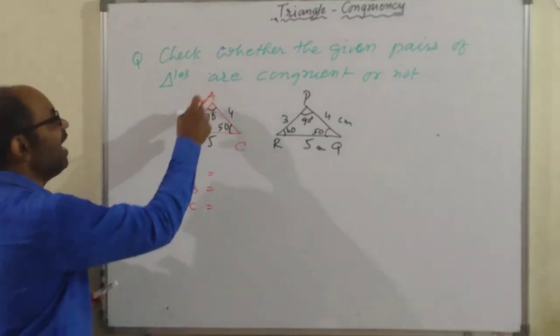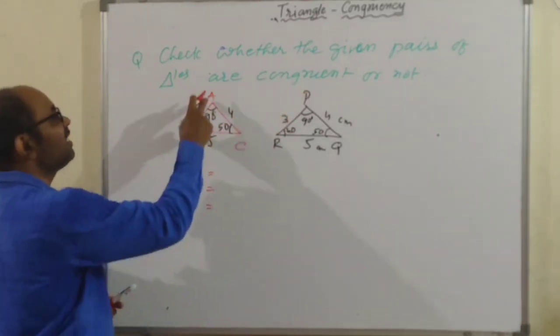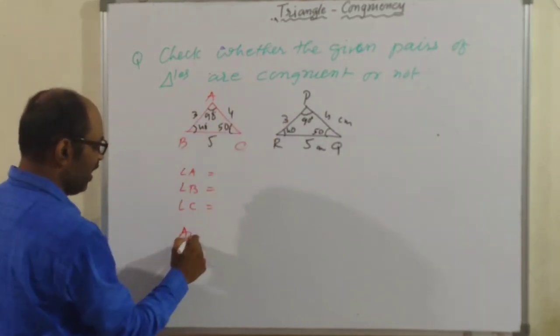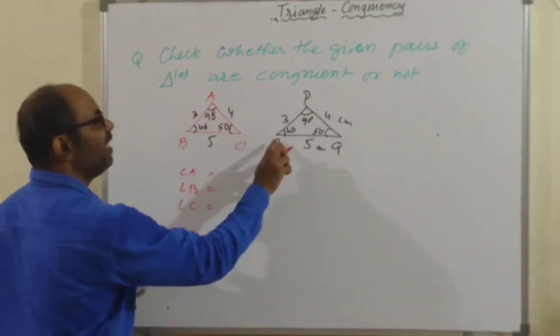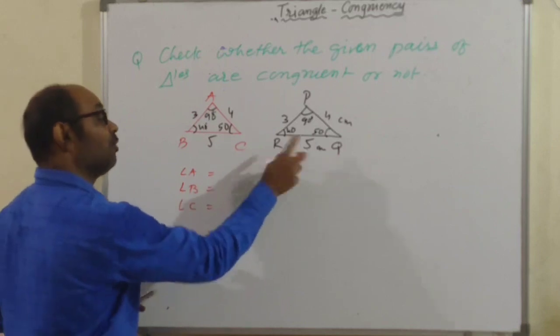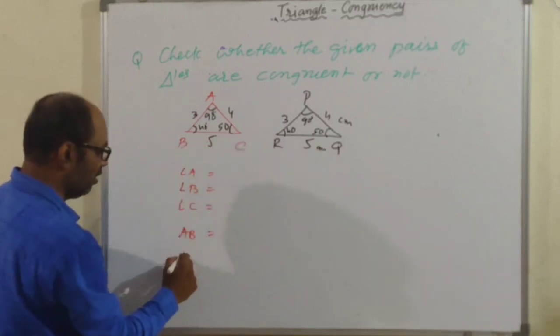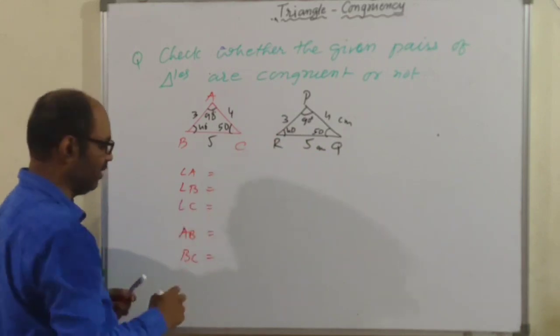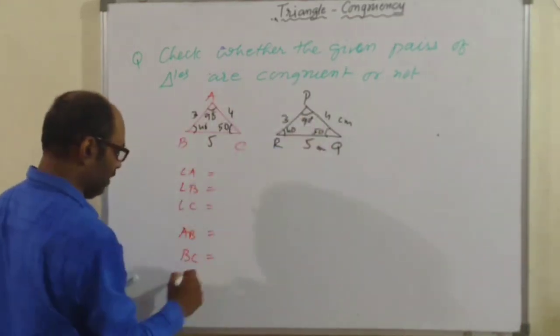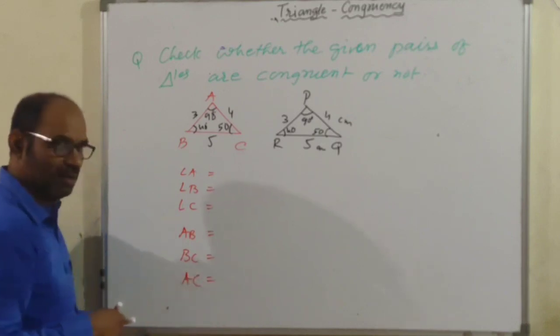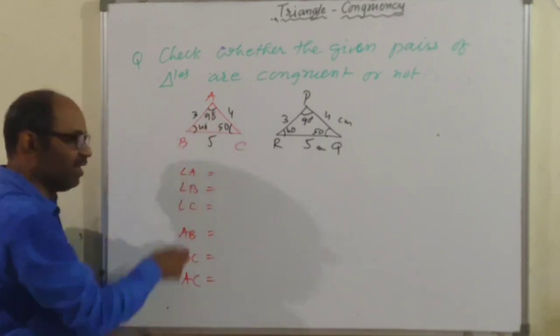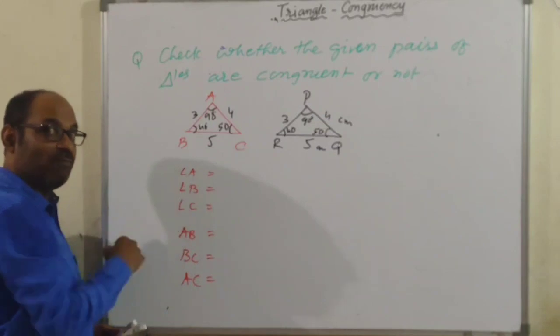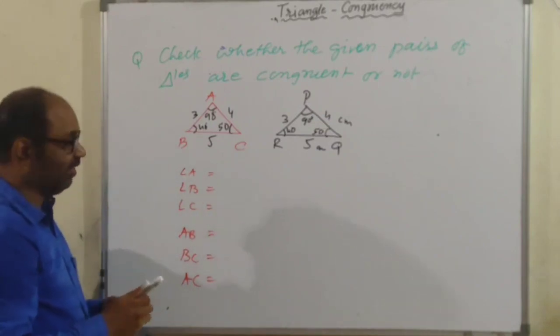Alright. Can you say AB is equal to PQ? Yes, 3 centimeter, 3 centimeter. So AB is equal to PQ. BC equal to QR. You can say RQ or QR, whatever you want. BC is equal to RQ or QR. You can write for line segment. And third, AC equal to PQ. See, for red triangle, I have written all its parts on left hand side, and color also is maintained.